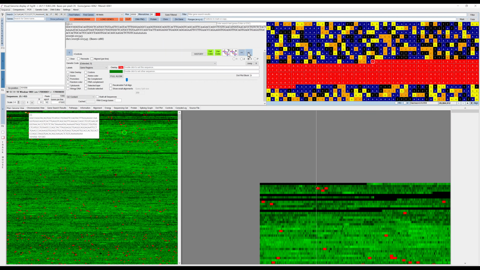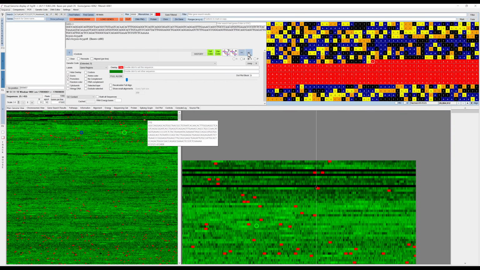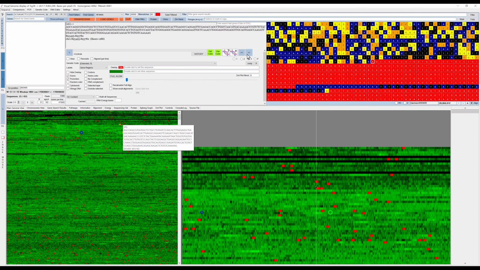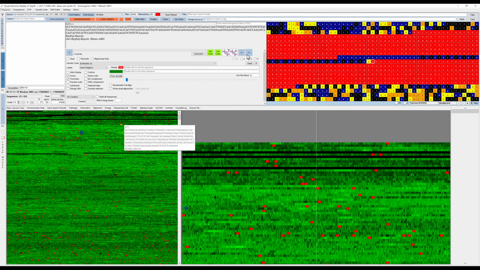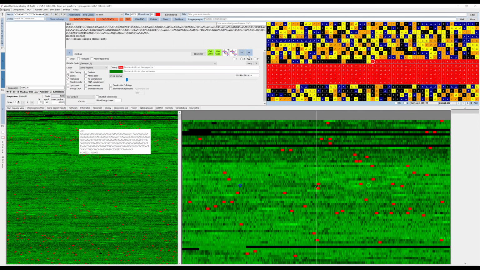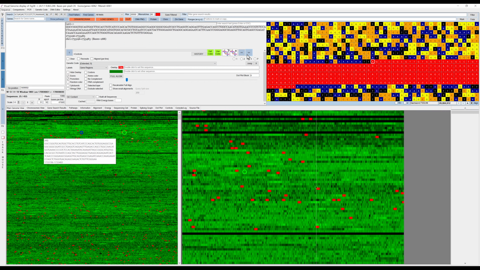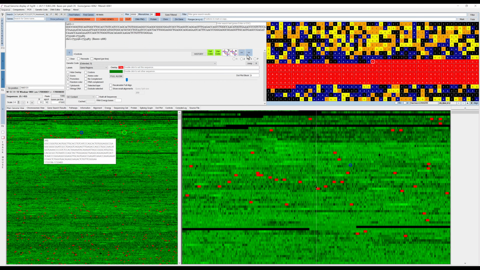This button's over here, so you can press forwards and it will jump to each of the subsequent search results. Alternatively, you can use the page up and page down buttons. This allows you to easily iterate through all of the search results one by one.